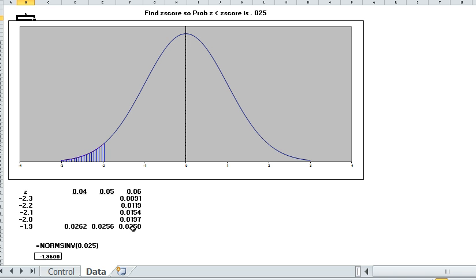0.0250. And when we find it, now we're going to move to the left, to the leftmost column, which gives you the z-value to one decimal place, which is negative 1.9, and up to the top row to the second decimal place of the z-value, which here is 0.06. And this tells us that negative 1.96 is the z-score, such that the probability that z is less than negative